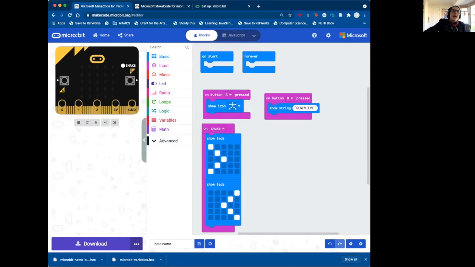So now, because we don't have access to a MicroBit at the moment as a whole group, I know some of you do, even if we do have a MicroBit in my own classroom, we always test it on the simulator first, because if it doesn't turn out the way you want it to, it's much faster to change it in the environment than downloading it, moving the file across, and then testing it on the MicroBit itself. As you can see here, when we use the onShake function, it gives you a little button here to test it. So we can go shake,